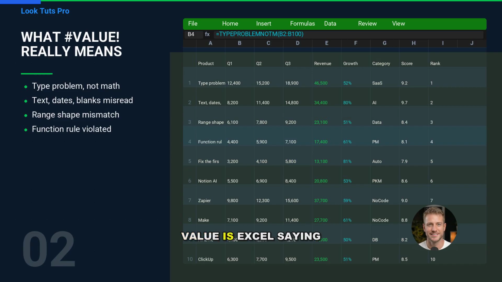#VALUE! is Excel saying, I can't interpret this input as a valid value for this operation. That's different from #DIV/0!, which is a math issue, and different from #N/A, which is a missing match. With #VALUE!, the usual culprits fall into 3 buckets. Bucket 1 is data type problems, numbers stored as text, dates stored as text, or a cell that looks blank